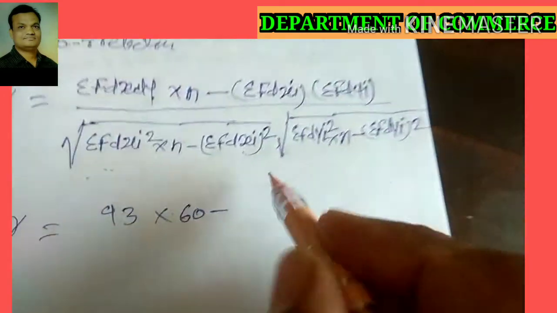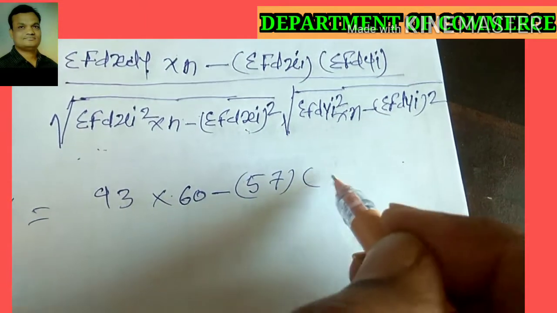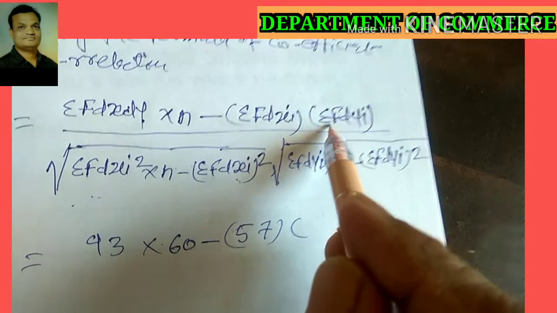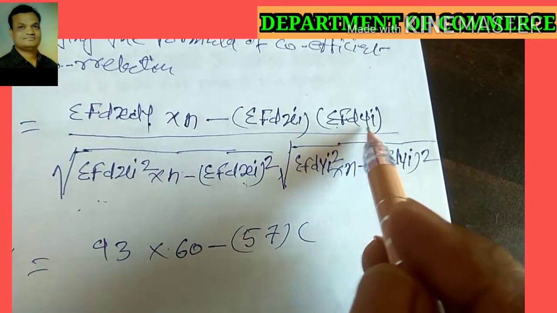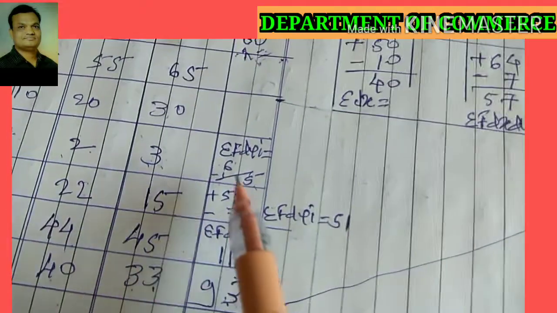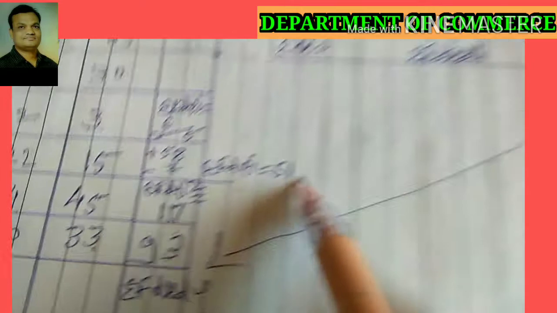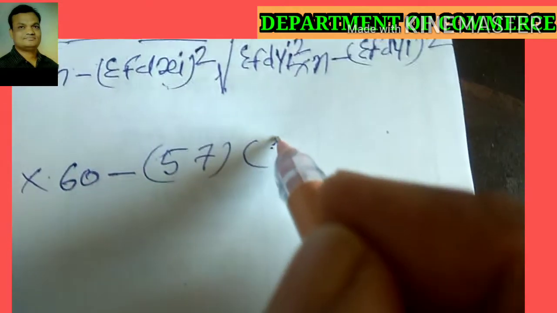So write here 57 in this bracket. In other bracket we have to write the value of sigma f dy I. So see here, we found sigma f dy I equal to 51. So write here 51. Okay,